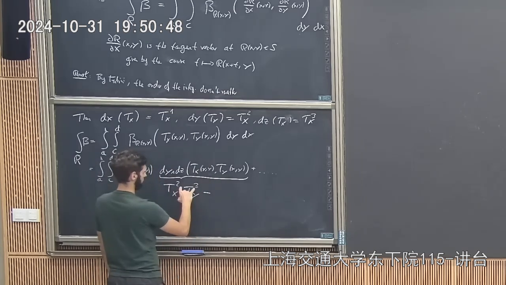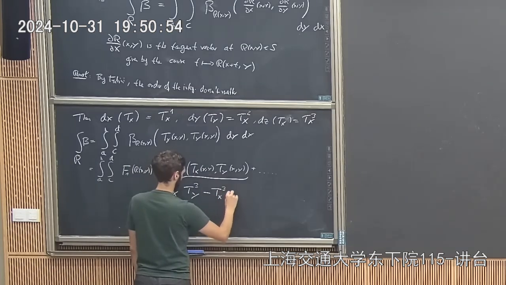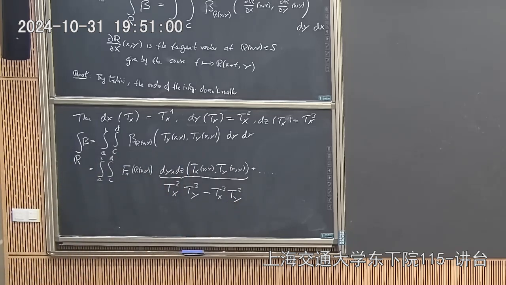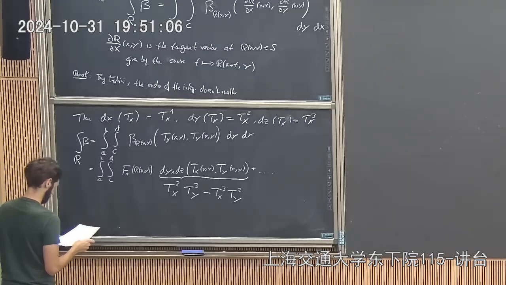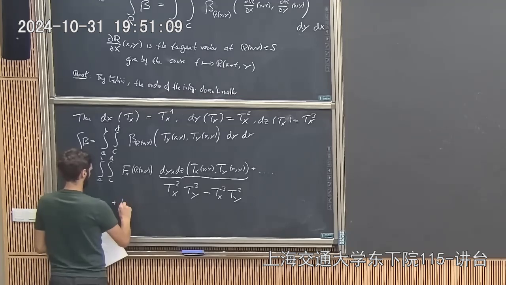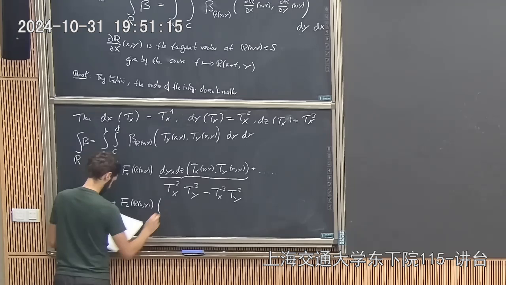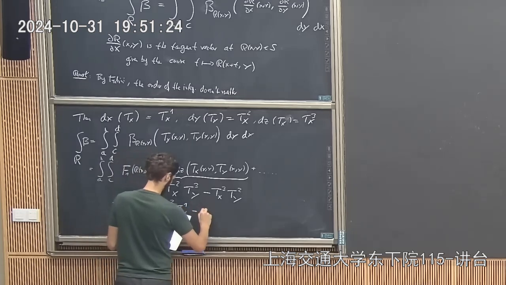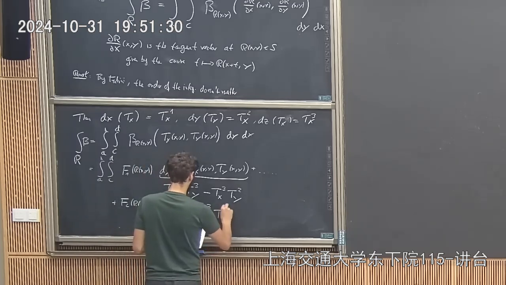So we change these numbers up here: it's T3x and here T2y, the second vector. If you do the same calculation, what you end up with for the upper part is f1 times (T2x T3y minus T2y T3x), then plus f2 times (T3x T1y minus T3y T1x)